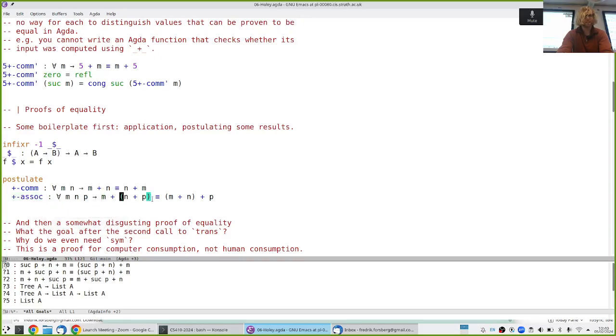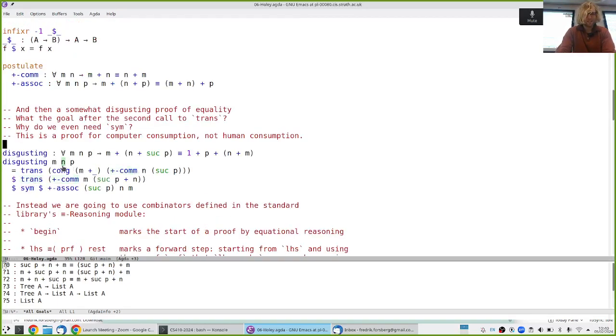It says it doesn't matter how you put the brackets if you add 3 things up, right? You could either add the last 2 things and then the first one, or you can add the first two things and then the last one, and you get the same result. Right? So just postulate this so we can get to something disgusting,